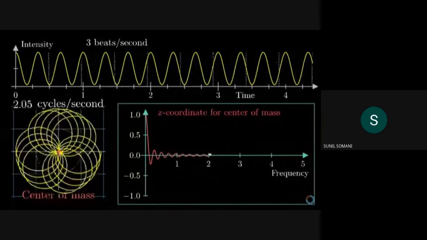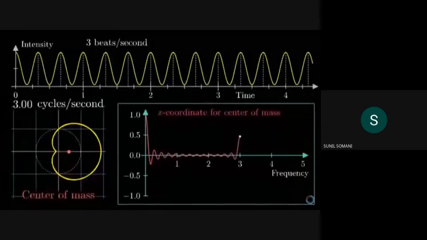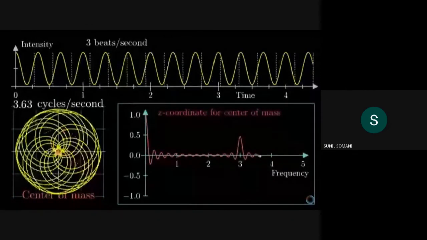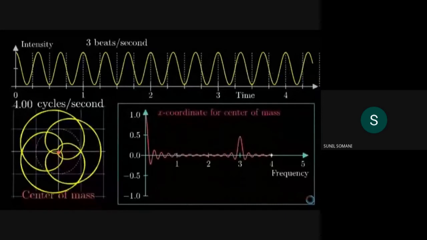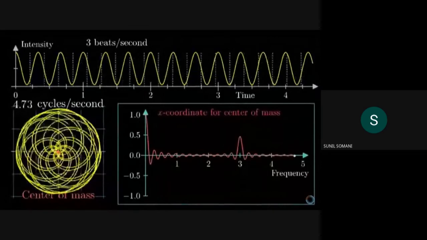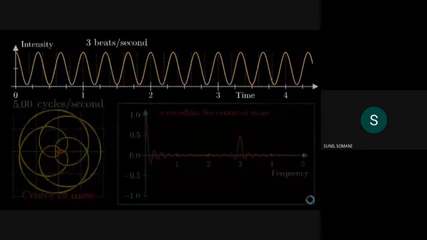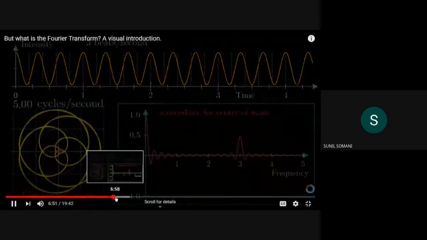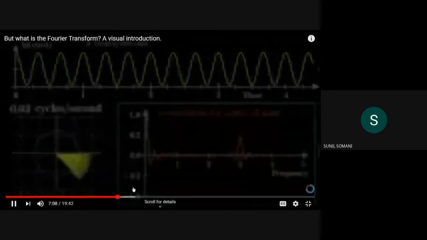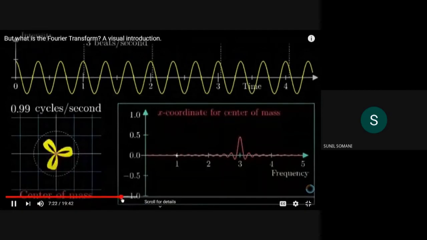But then, at 3 beats per second, there's a spike, as everything lines up to the right. This right here is the central construct. So let's sum up what we have so far. We have that original intensity versus time graph. And then we have how the winding frequency influences the center of mass in our new frequency plot. They just correspond as we play around with various winding frequencies.